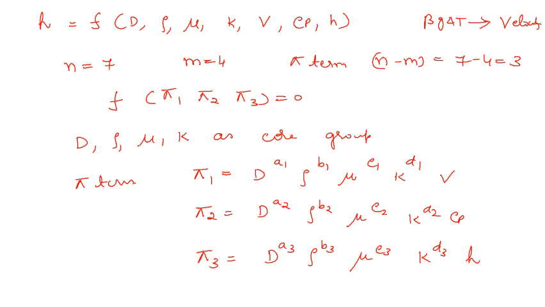We have already done all the parameters that are required. Only velocity we have not done for the dimensional analysis before. To brush up, we will write all the parameters once again. D is written as L, rho is M L to the power minus 3, mu is M L to the power minus 1 t to the power minus 1, and k is M L t to the power minus 3 theta to the power minus 1.